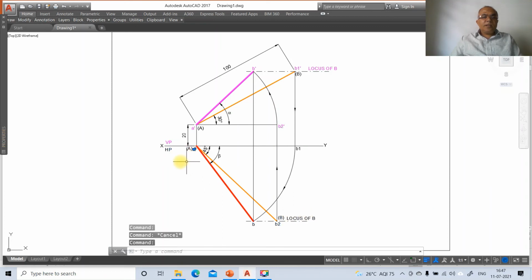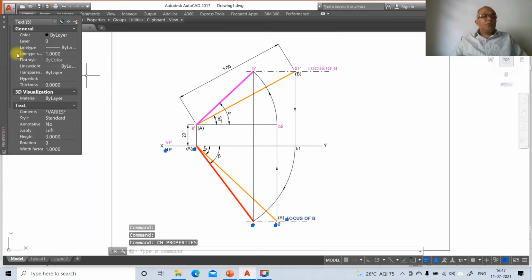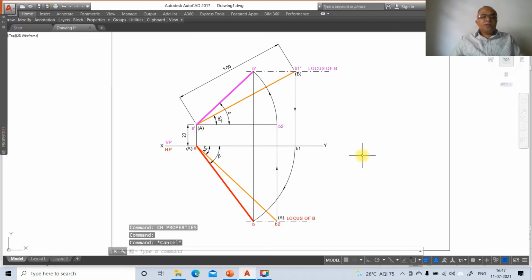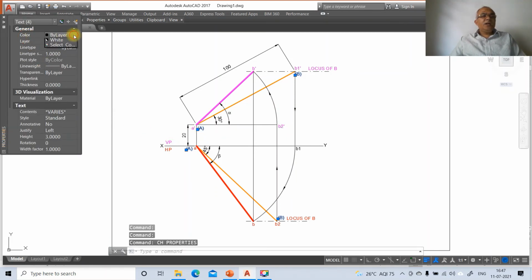So you take A, this, B2, and locus. Go to CH, go to layer, and you make this as top view. Then you take this A and this A, similarly this B and this capital A, go to CH, just change the color of this and you make it as blue.